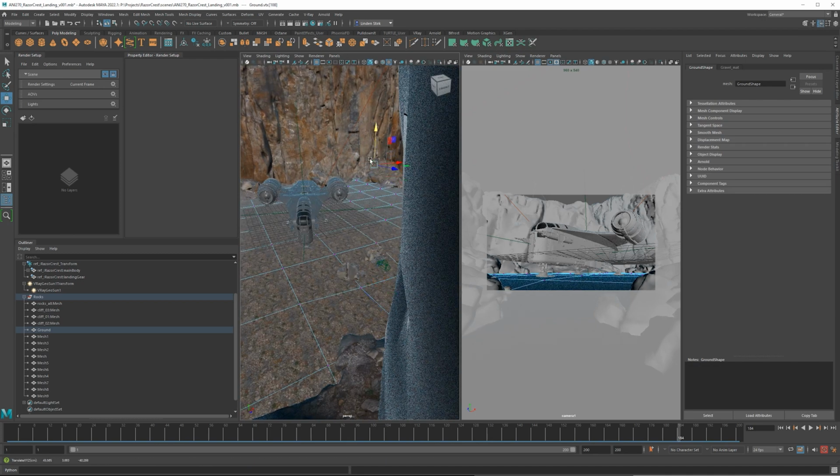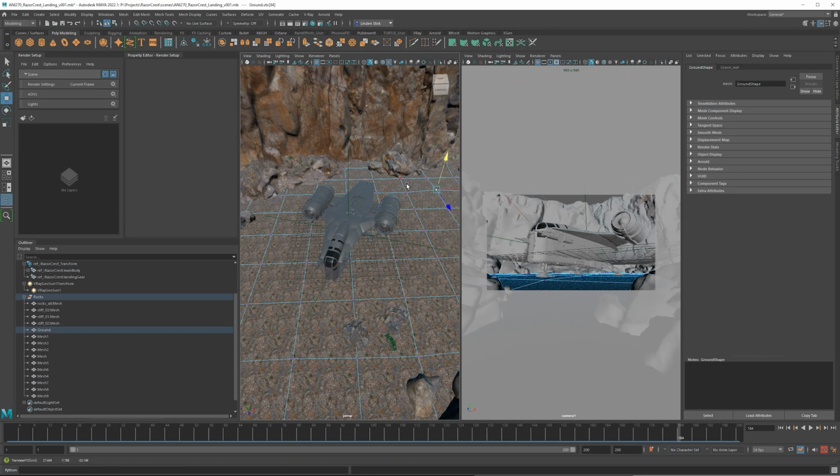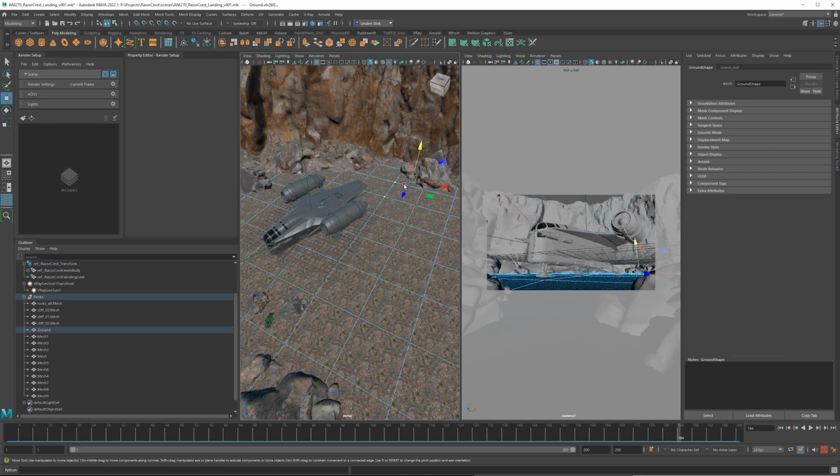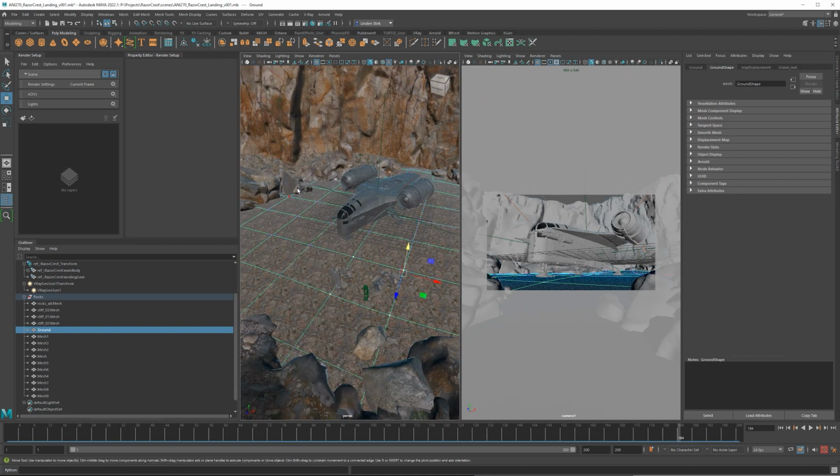Like we could actually lower some of these vertices down, give it a little bit more of a slope. Or over here, we could raise some of these up, just so it's not super flat.